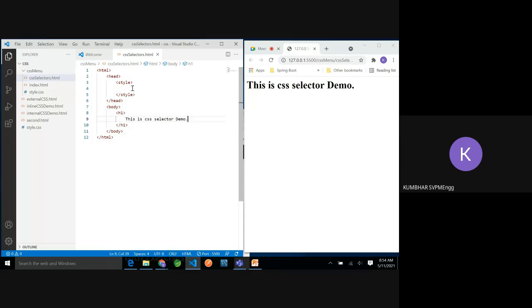I repeat, you have to mention which HTML element you want to give the style to. That is called an element selector. So h1 is the element I am selecting, and to that I want to give this style. Give me a reply if you understand this. Element selector.